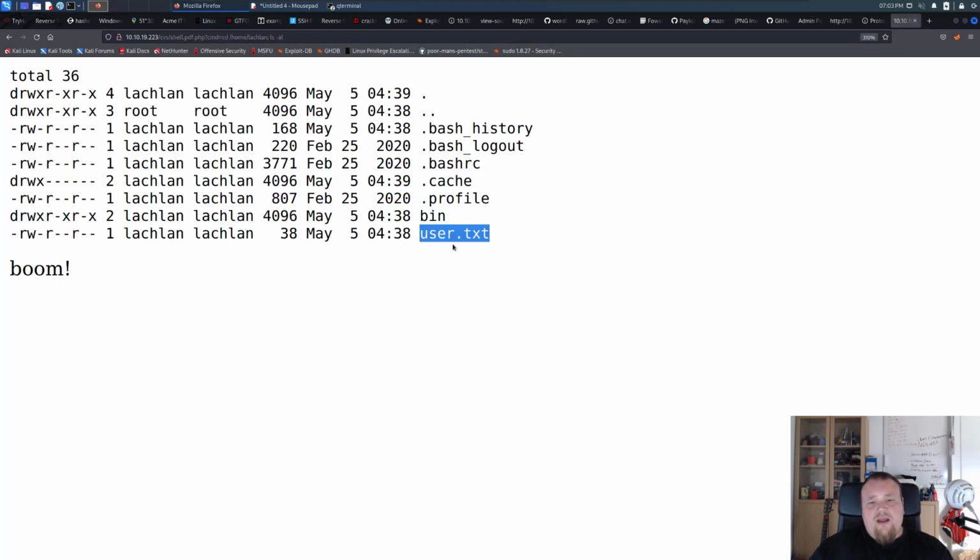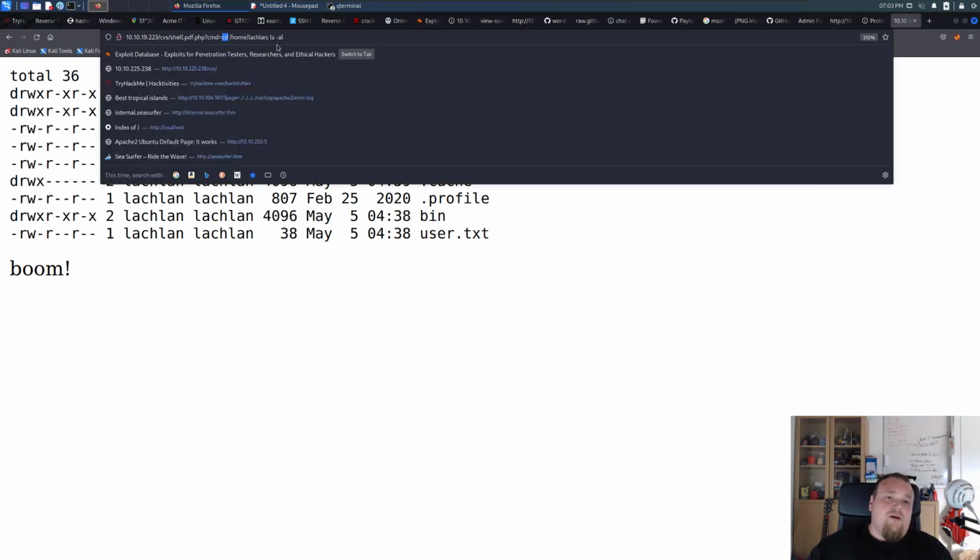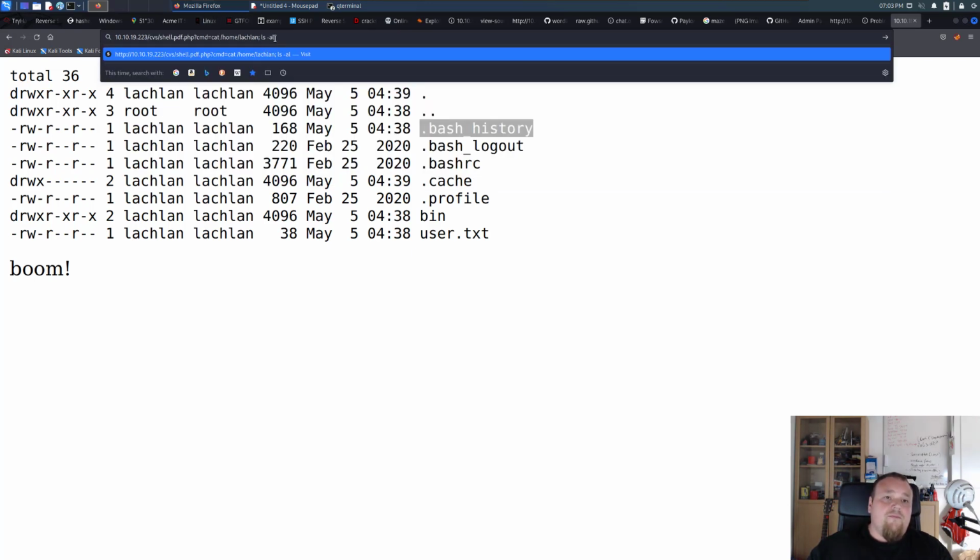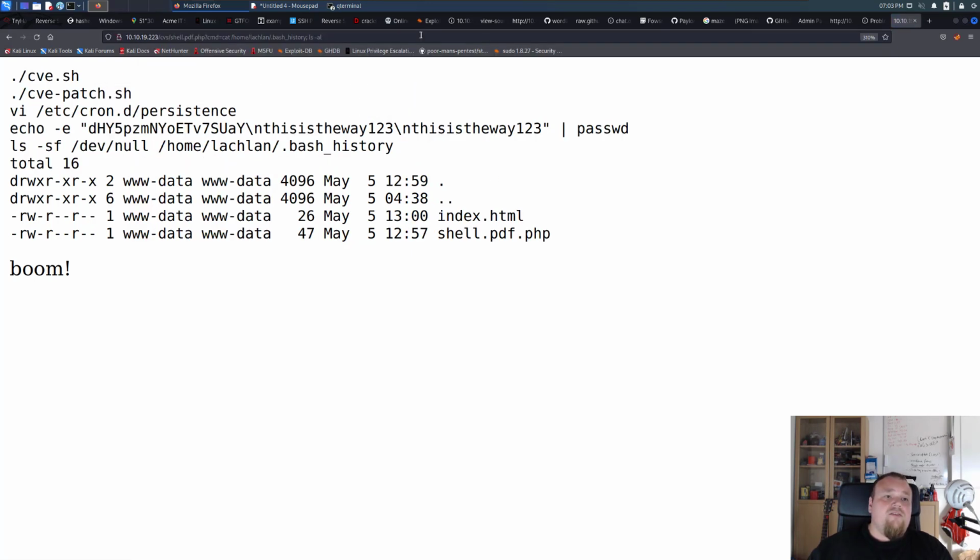We see the user flag. I'm fairly sure it is. I'm not gonna output it, but it is there. There's a bin folder, a weird thing to have in a home folder. There's some bash history, and it does look like we could output it. By the way, the bash history contains stuff that you type in the terminal. So if the user Lachlan did type something here, we're gonna cat this particular file out. And what we see here is